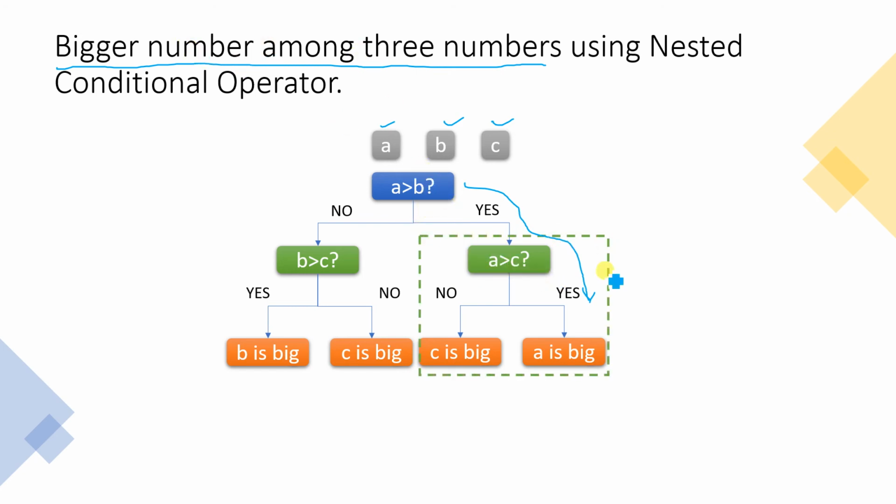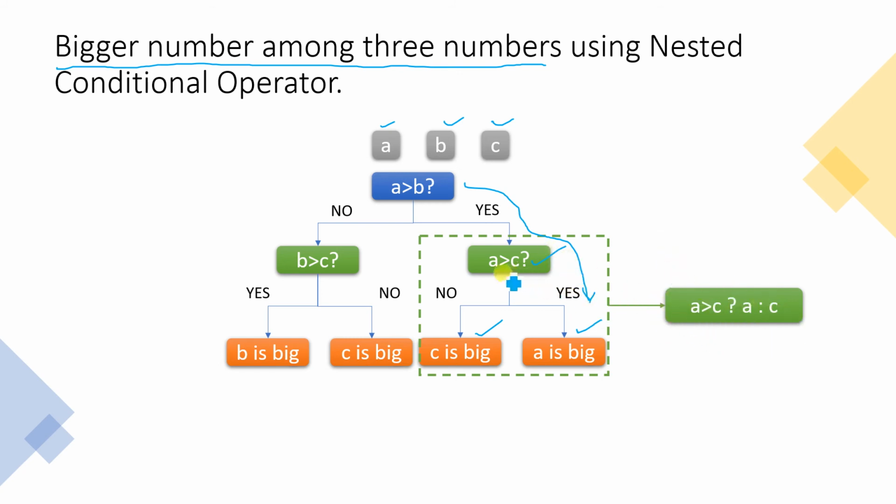So now consider this part. So this is A greater than C. If A is greater than C, we will write the condition part over here. This is your yes part. Yes part means expression 1 and no part means expression 2. So this can be written something like this: if A greater than C, question mark, A or C, isn't it? We have already discussed how to write a conditional statement in the previous class.